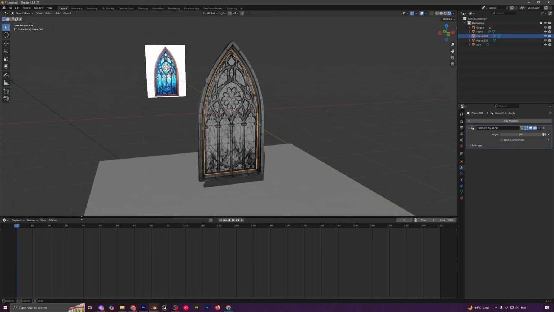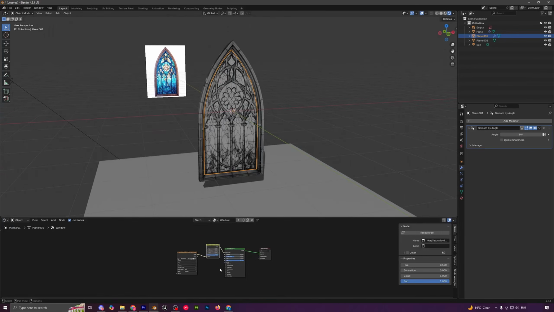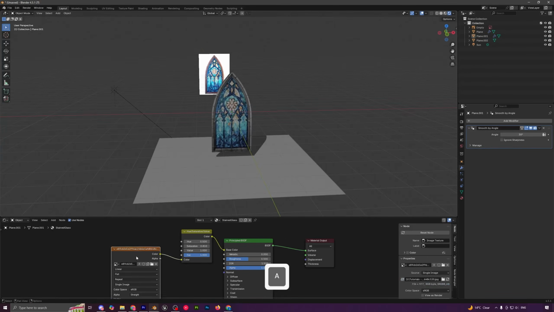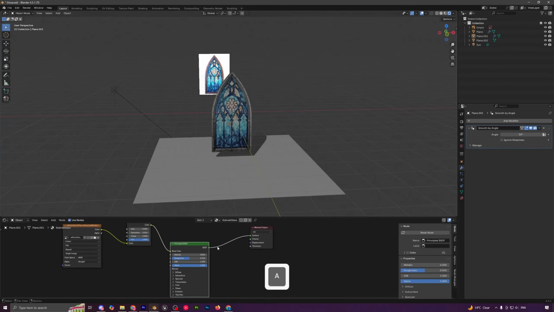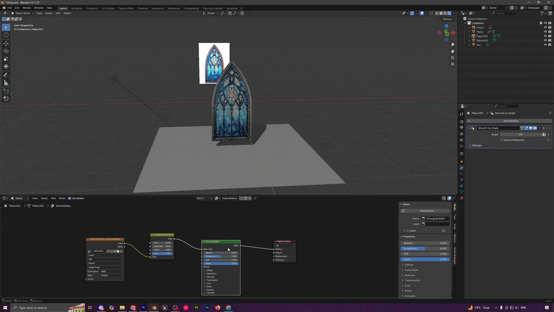I'll select the timeline that is over here in the bottom and change it to something like a shader editor, and just select this shader, and you can click on this two icon, which means this material is being used by two different objects. You can just click over here and now rename this to stained glass, just so both of them are different, because obviously I want to increase the saturation for this because we want it to look like glass. And we won't be plugging in the principled BSDF, so you can just select it and press delete,